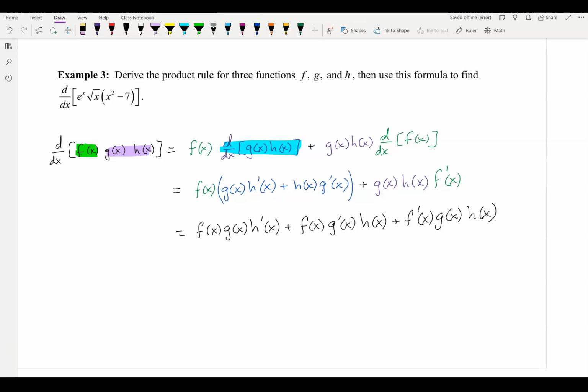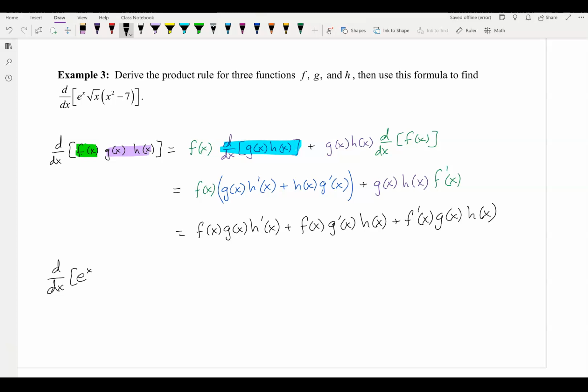And it's kind of what you might expect, right? You have three parts to it because there are three functions. You're taking the product of two of the functions times the derivative of the other. The product of two of the functions times the derivative of the other. And the product of the remaining two functions times the derivative of the other, right? So each derivative gets represented once, and you're multiplying it times the product of the other two functions and adding them all up. So with this in mind, we want to find the derivative with respect to x of e